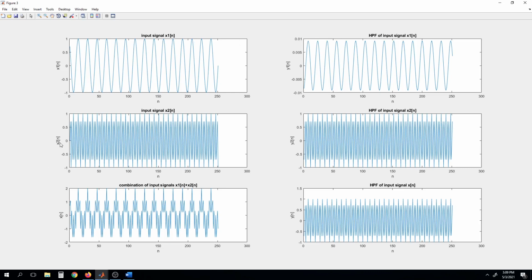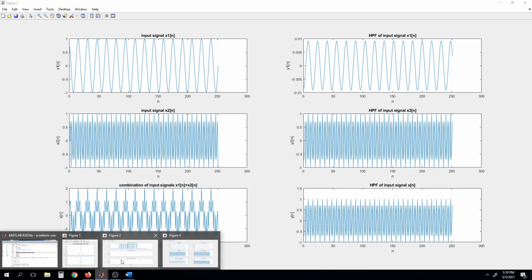And this is the second signal. The frequency is 3000, and you can see that the magnitude is 1, and in the output after filtering the magnitude is also 1 here. And then we have combined the two signals x1 plus x2, and this is the signal after combining them. After filtering this one, you can see that these two signals are the same. So we have filtered x1 successfully and retained x2 as it is. Okay, I hope this is clear.